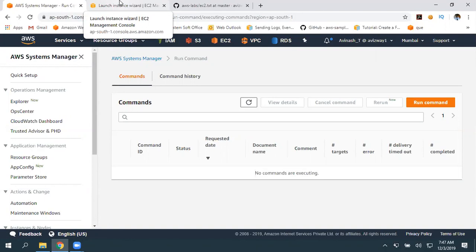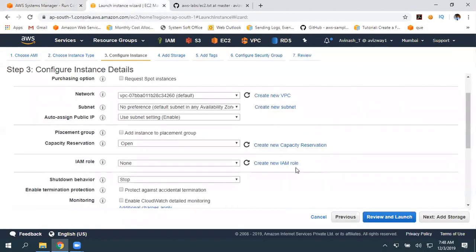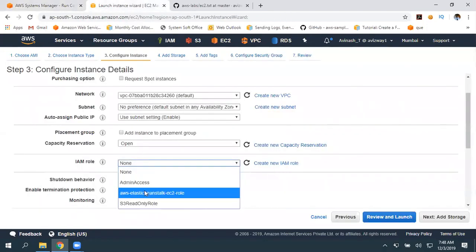So again, CLI versus role, which one is secured? Configuring a CLI user or using a role? Using a role is the secured option. So create a role and associate that role to our EC2 instance. It is also easy to manage, associating and disassociating. So let's quickly create a role and associate that. So far, I have admin access.